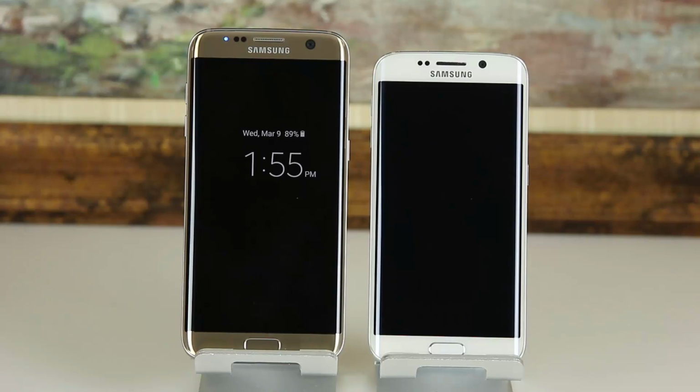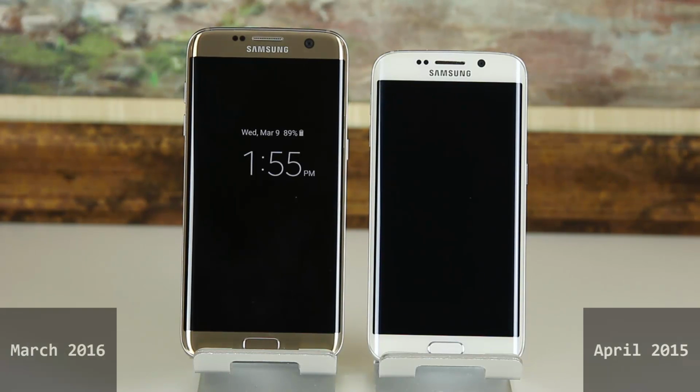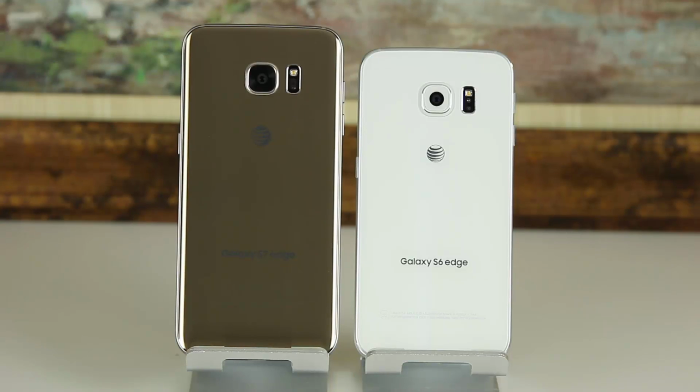In today's video, we will do a full comparison between the Samsung Galaxy S6 Edge versus the newly released Samsung Galaxy S7 Edge. So as you know, the S6 was released in April 2015 and the S7 in March 2016. Now S6 Edge, even today, is a well-designed, gorgeous phone that packs a powerful punch even with its early 2015